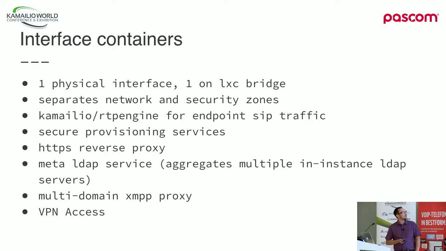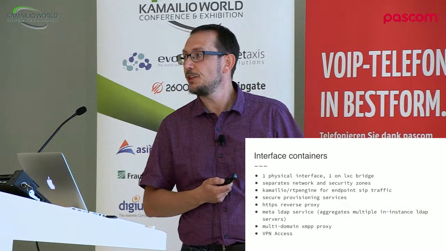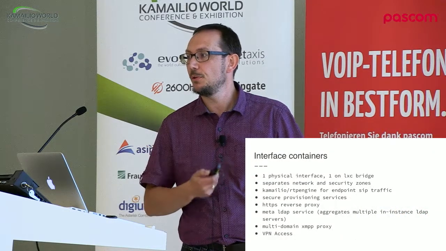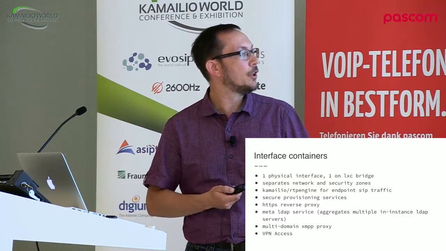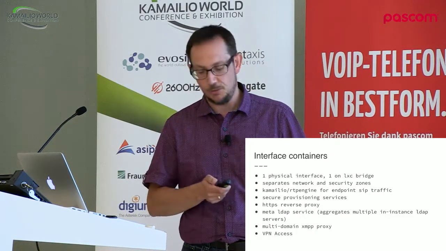We run Kamailio and RTPengine in it, if the customer enables it. We run provisioning services for hardware desktop phones in it. We use it as a reverse proxy for API access. We run it as an LDAP server. We do XMPP in it. We have VPN access. And all of these features are optional. So for each interface, you can configure what you want. Do I run SIP over this line, or is it just management, or do I only do the routing, or is it just VPN, or everything at once?